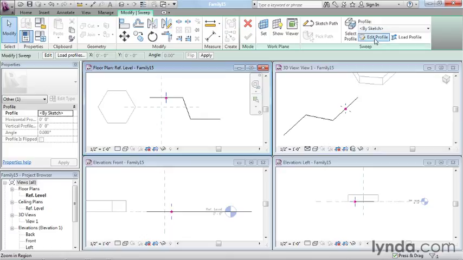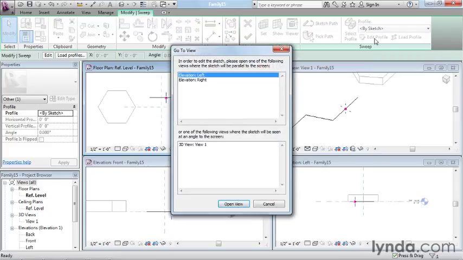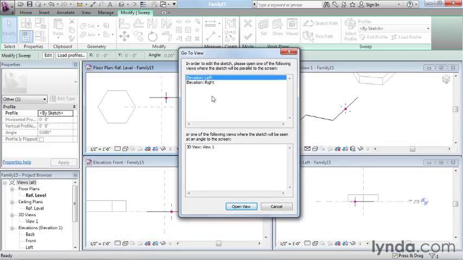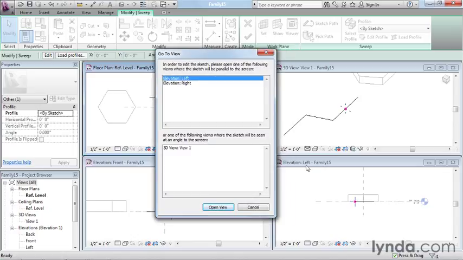And I have a few options here, but the one I'm going to do is to do it by sketch and just simply edit the profile. So when I do, that will ask me what view I want to work in. It's important to make sure you're looking at this plane. So it's offering me a few views to choose from, like the left and the right view. Well, since we already have the left view open over here, I'll go ahead and choose that one and click